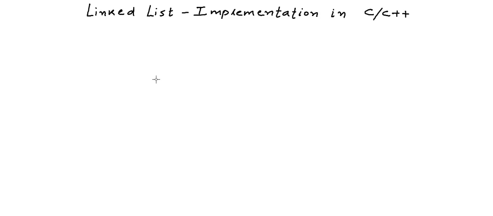In our previous lessons, we described linked list. We saw the cost of various operations in linked list, and we also compared linked list with arrays. So now let us implement linked list. The implementation will be pretty similar in C and C++. There will be slight differences that we will discuss.